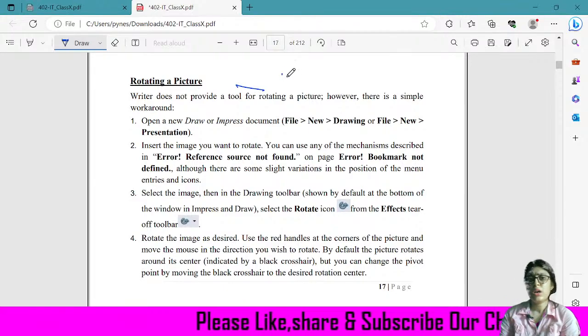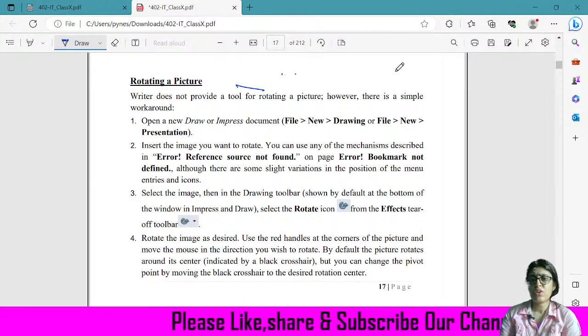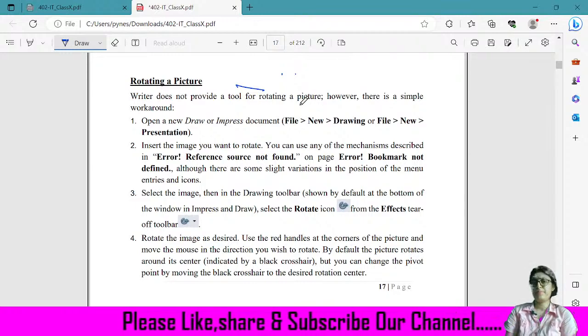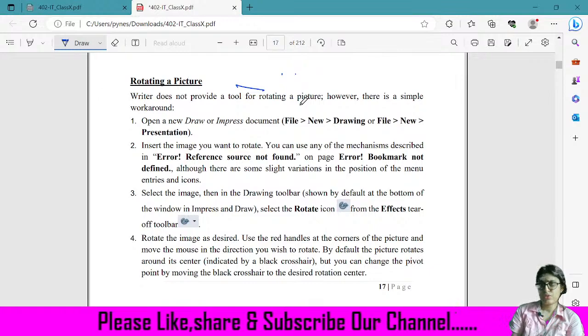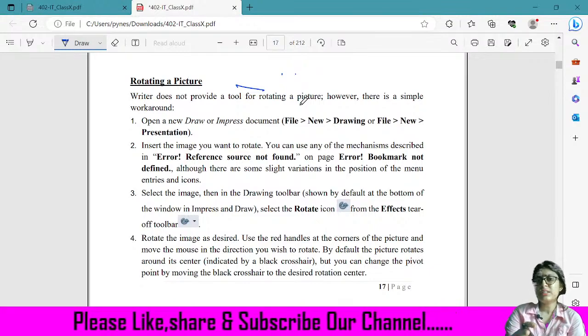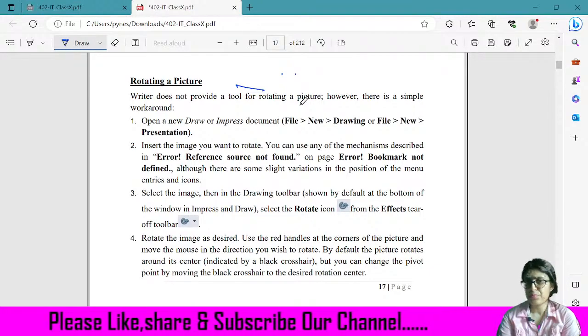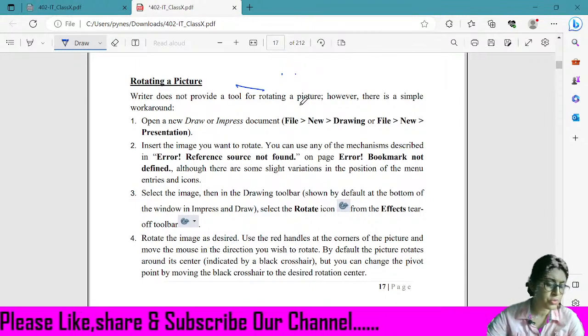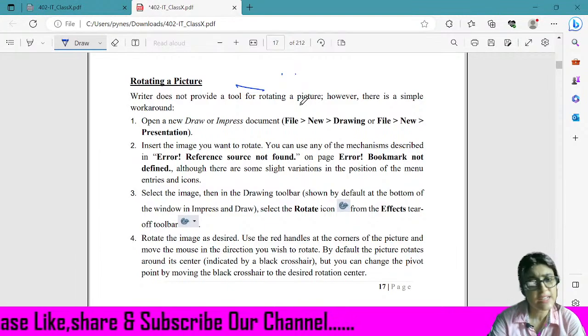Not Word, in the OpenOffice Writer we do not have this feature to rotate a picture. So how to do it? Actually we will do it in a different way. In the next session I will show you how to rotate a picture